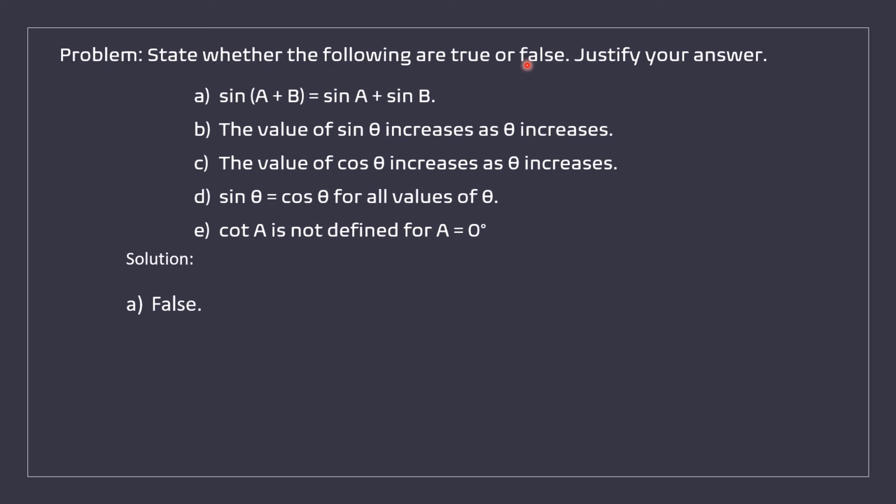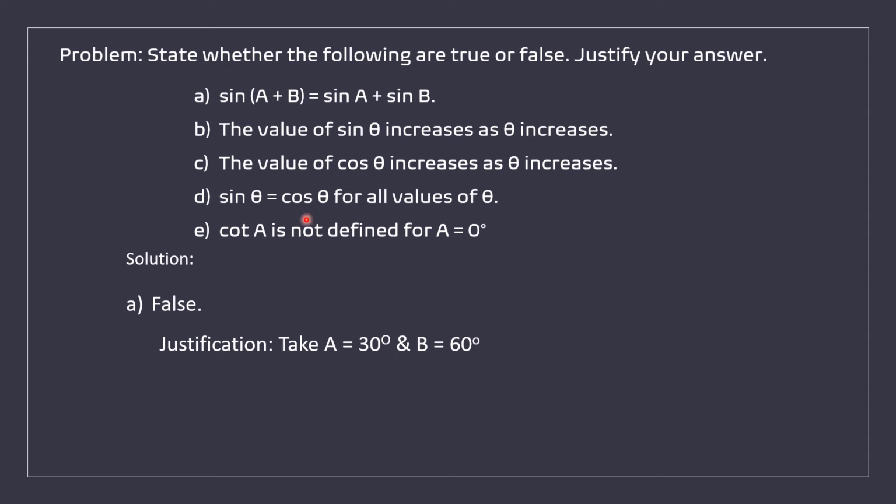You need not memorize this. You can first write the justification and then write the answer, that is also okay. For the justification, I have two angles in the question, A and B. In place of A, I will take 30, and B is 60. You can take any values here, no issue. A is 30 degrees, B is 60 degrees.